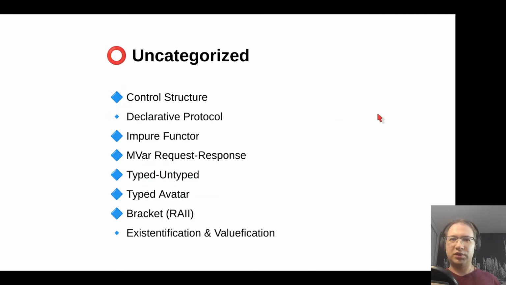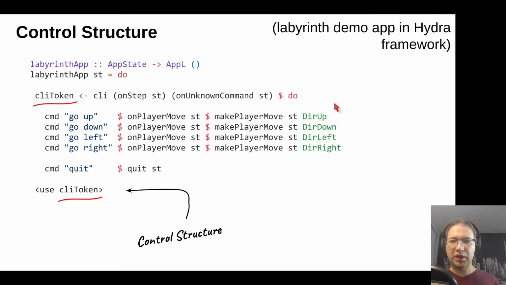Let's now move to the uncategorized design patterns. There are such of them: control structure, declarative protocol, pure functor. I will not be speaking about declarative protocol or existentification and validification, but we'll show those ones. Well, the idea of control structure is simple. You define some subsystem. This time, it's the command line subsystem, and when you define it, you should get some control structure, and having this control structure, you can